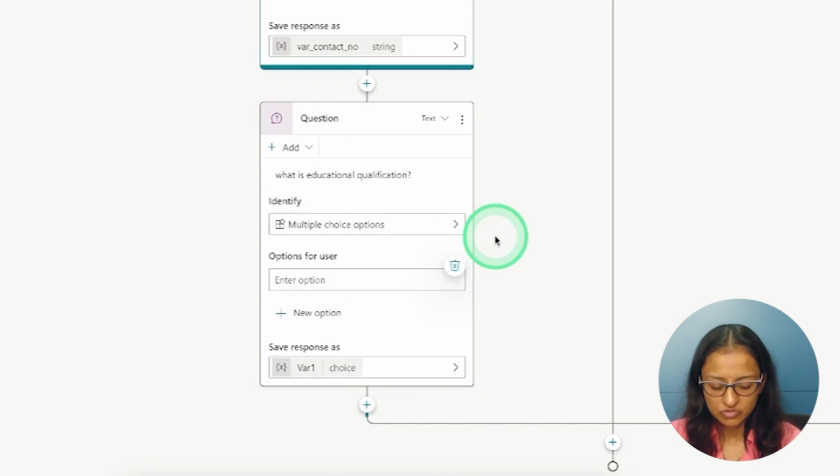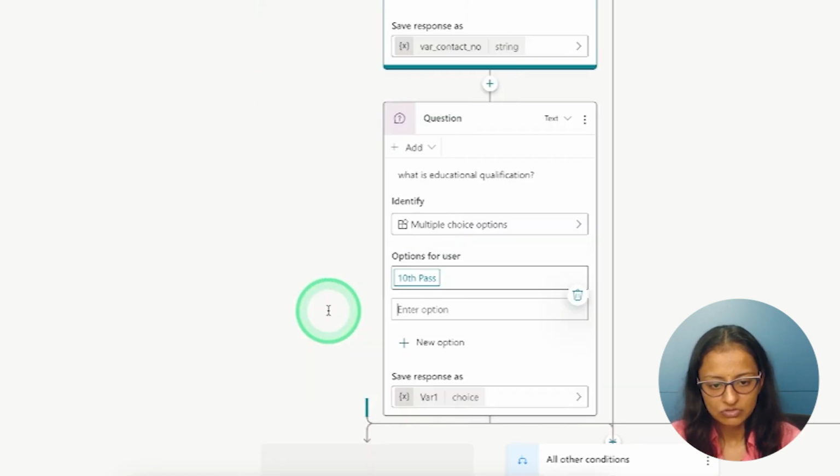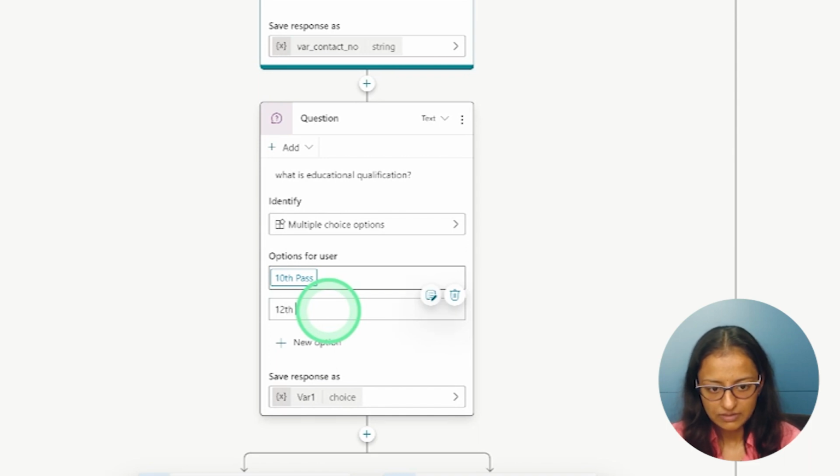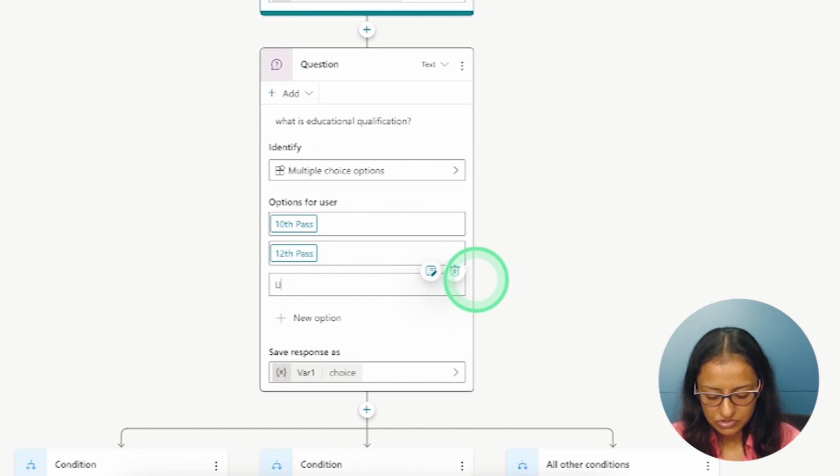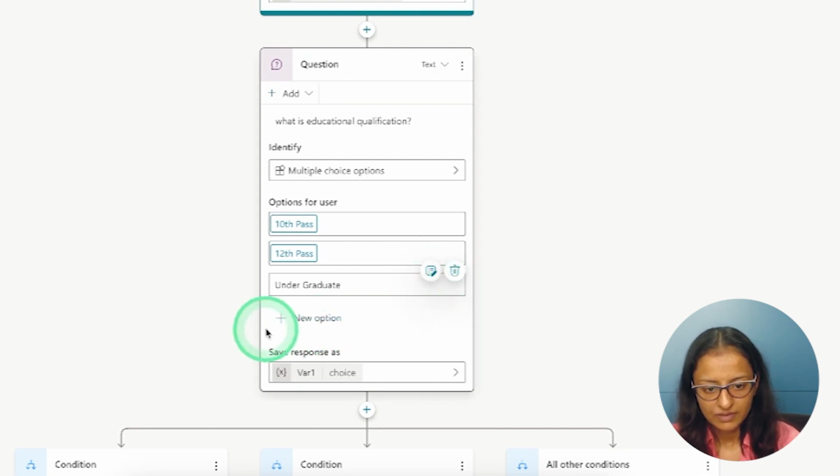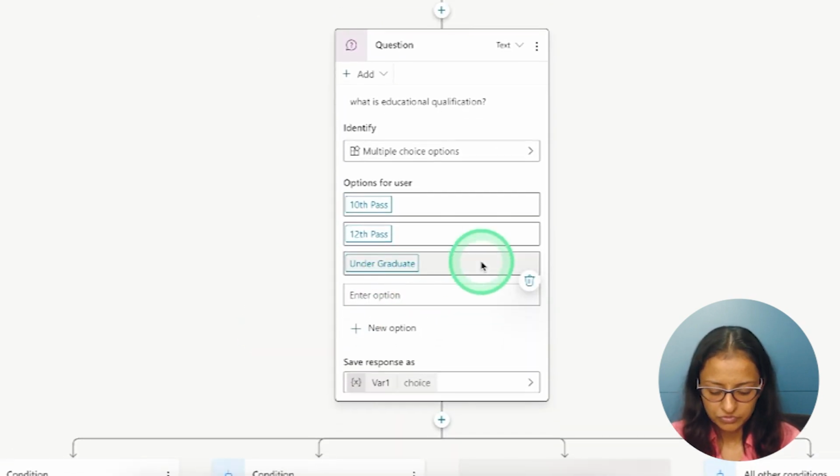So I'm giving a choice that is 10th pass, then second choice is 12th pass, and the third choice is undergraduate, and the fourth one is postgraduate. Okay.